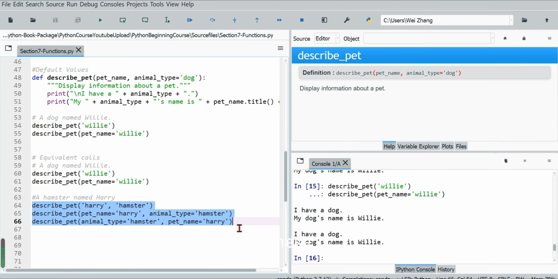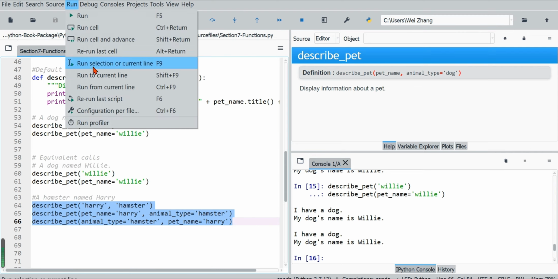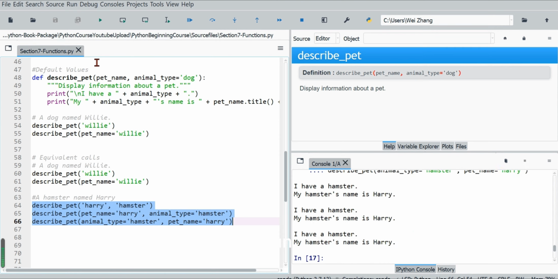So all these three calls will get the same result. Run. Yeah. Hamster, Harry, name is Harry, hamster, name is Harry. I have a hamster, my hamster's name is